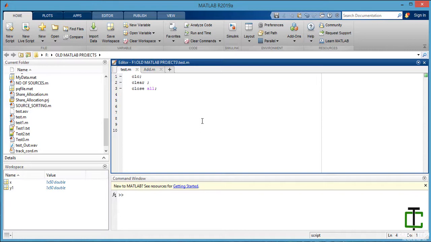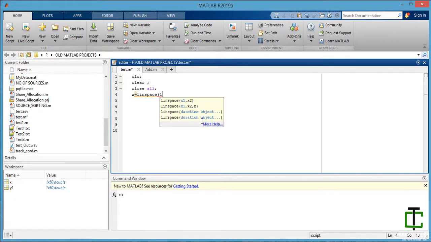Okay, so now let's get started by generating a signal. Before generating a signal, I would like to tell you one function which is called linspace.